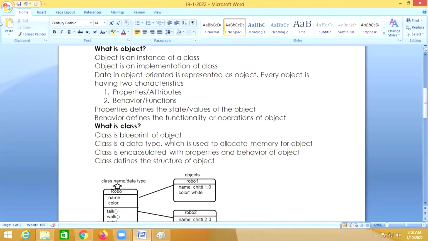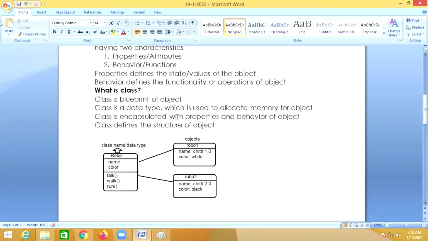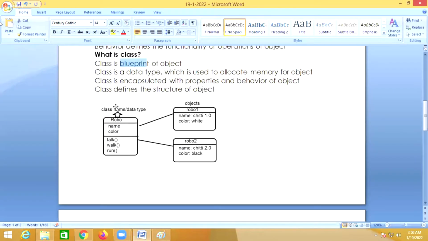So class is a blueprint of what? Object. And class is a data type which is used to allocate memory for what? Object. And class is encapsulated with the properties and behavior of the object. And class defines the structure of what? Object. Class is a blueprint of the object. So here, class is a blueprint. Class is a blueprint of which one here? Object. Once you develop a class,